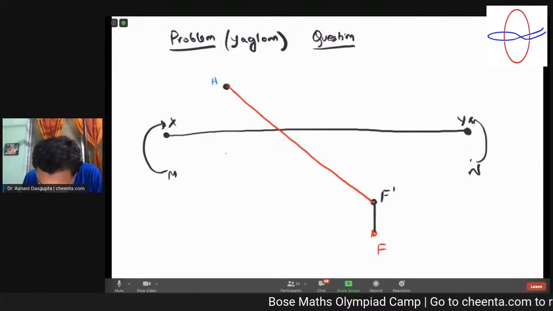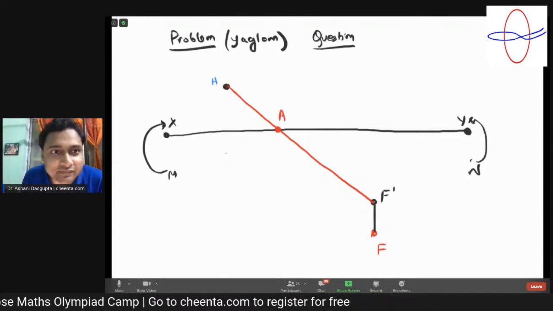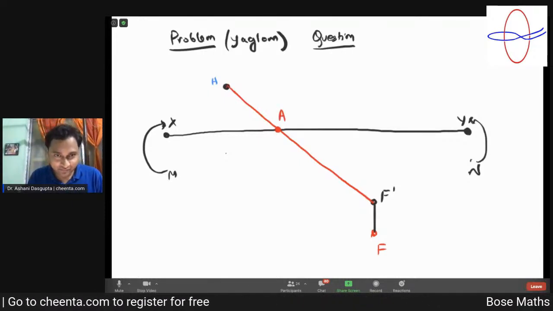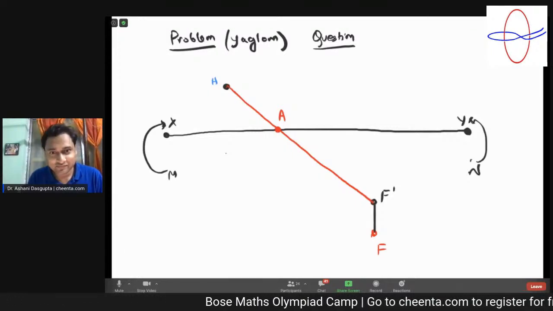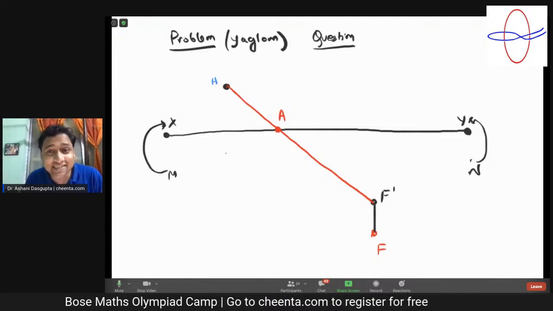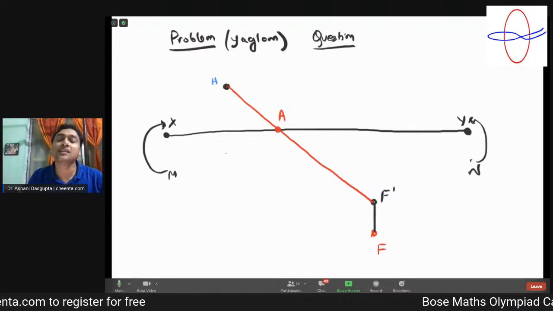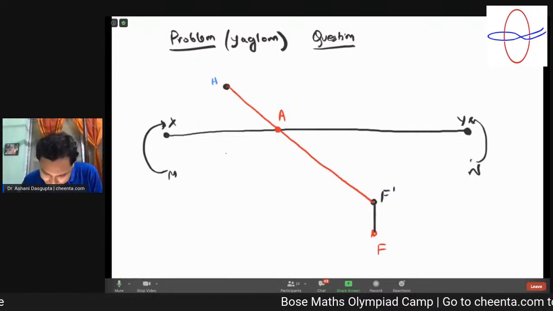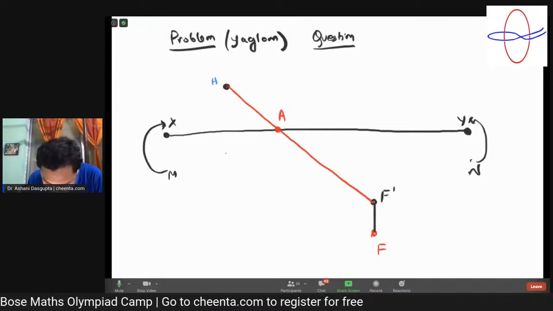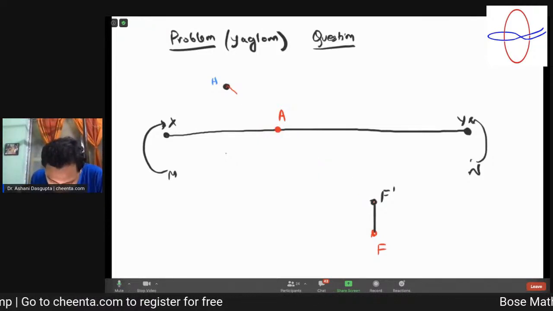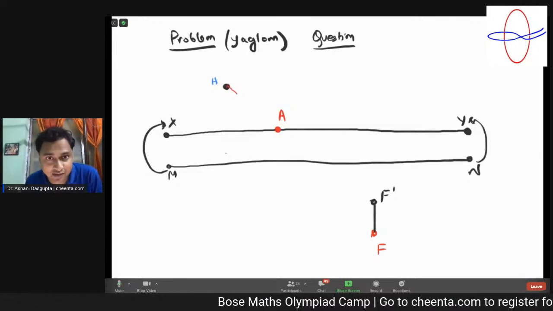What should we do next? So we should expand the MN back to where it was. Yeah, so we can label that point A and then draw a perpendicular line from A down to MN. Excellent, very good. So pull the line MN back to its original position. Just forget about all this HF prime line. Just mark A. Keep the marking. Bring MN back to its original position.